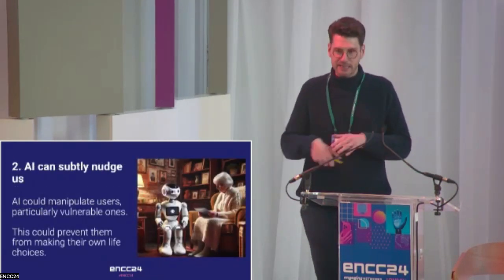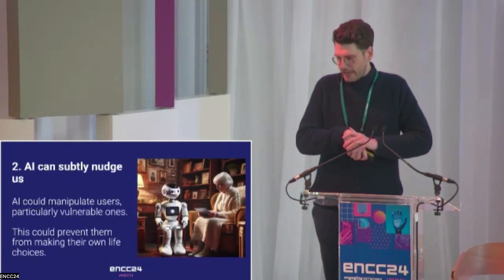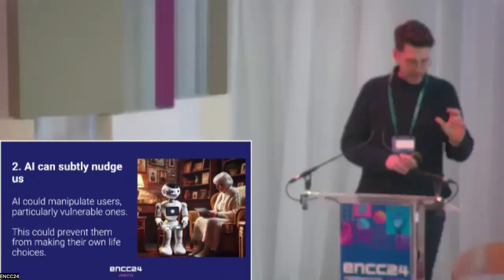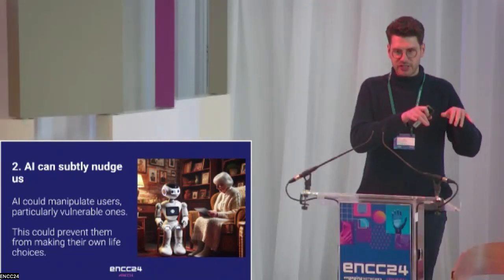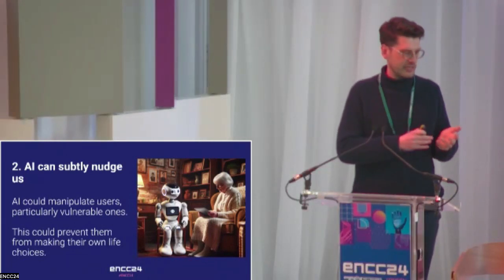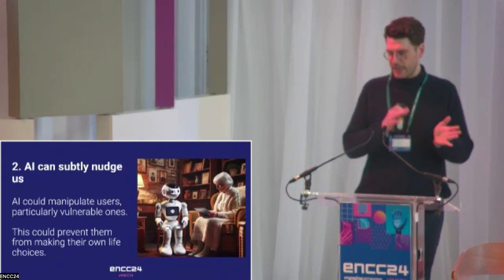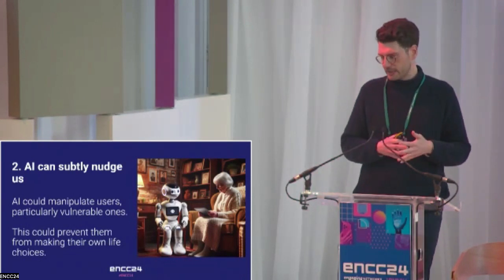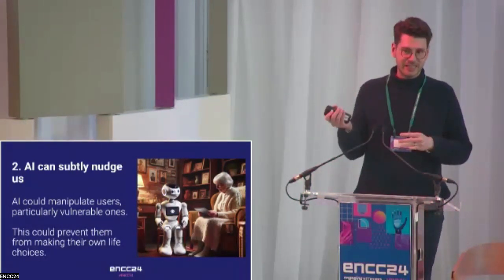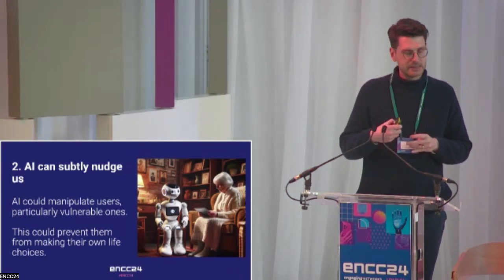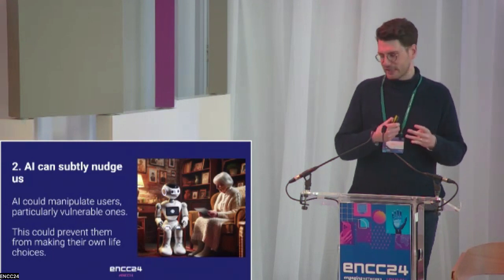Okay, second bias is AI can nudge us. AI is very persuasive already. There was actually a study recently where researchers pitted humans, through a text interface, chatting with people who believed in conspiracy theories, like the January 6th conspiracy theories or QAnon. They compared how effective those people were at persuading the believers to change their opinions versus ChatGPT. ChatGPT was 87% more effective at changing people's minds than a human being was. It's actually quite interesting to read through the study and see why it's so much better.